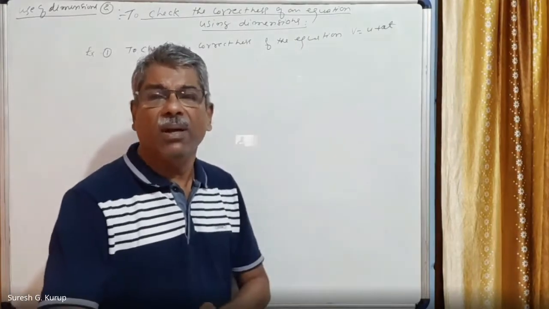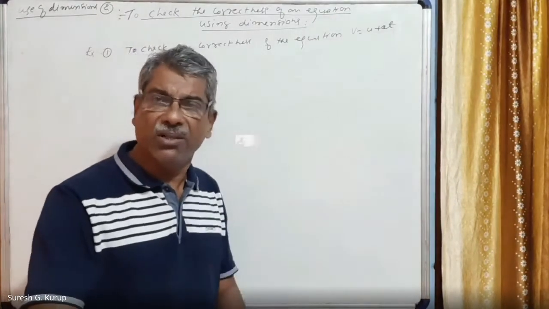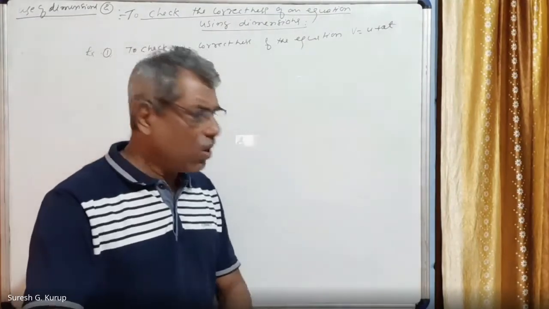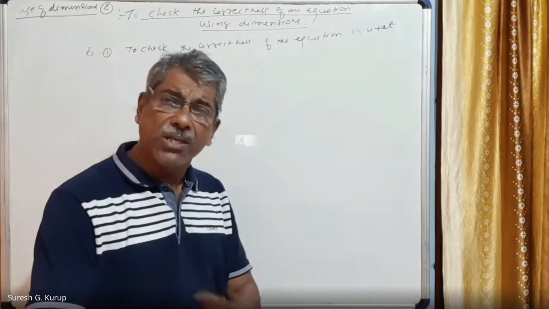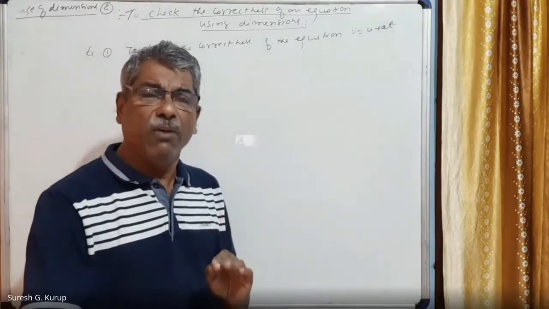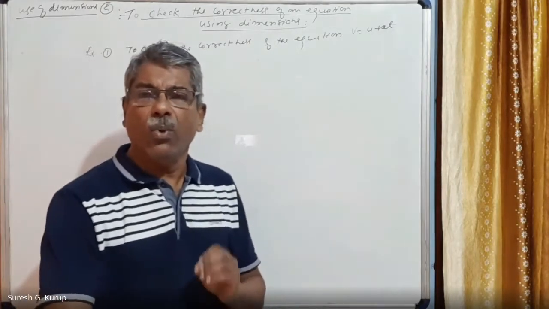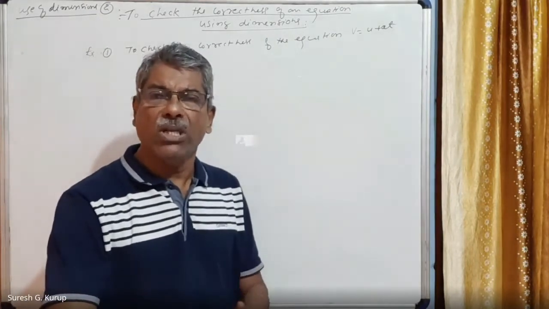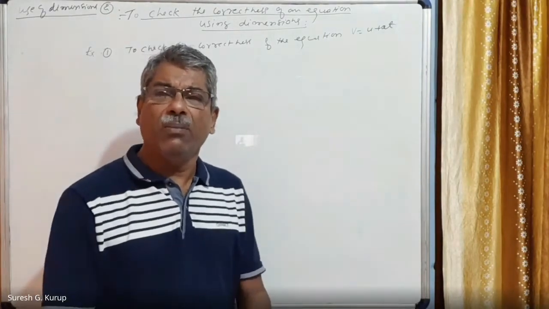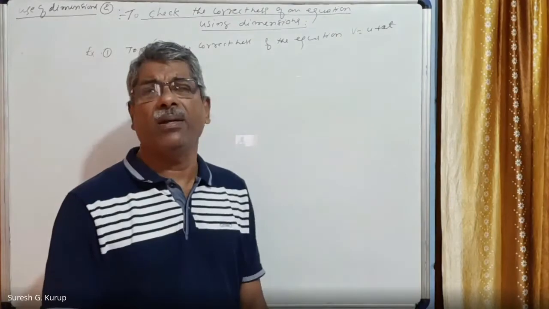This principle of checking the correctness of an equation is called the principle of homogeneity of dimensions. That is mentioned in the notes that you can read. The checking of the correctness of an equation is done using the same principle everywhere. According to the principle of homogeneity of dimensions, for a possible physical event, every term must have the same dimensions. It actually means that only quantities having the same dimensions can be added or subtracted.